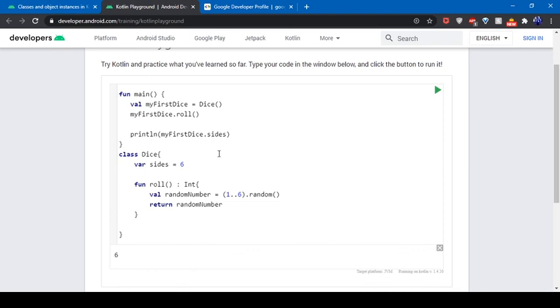Up here, we're also doing something that is not advisable. Let's put the dice roll in its own variable. So val diceRoll equals myFirstDice.roll. So now let's print out this